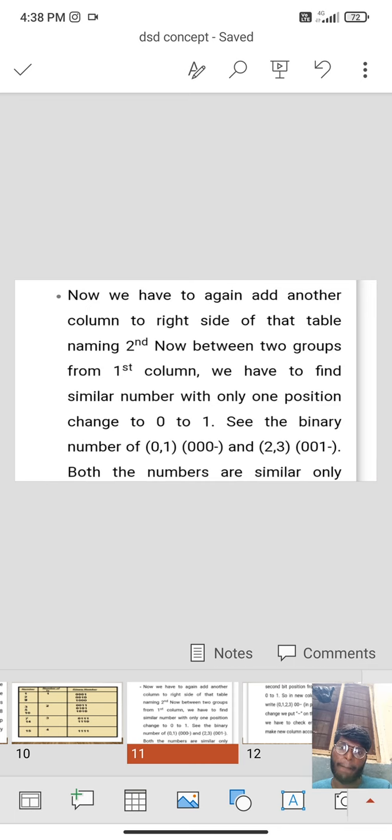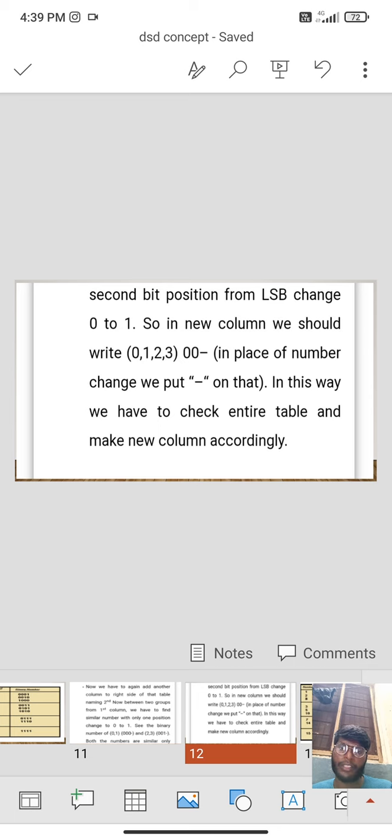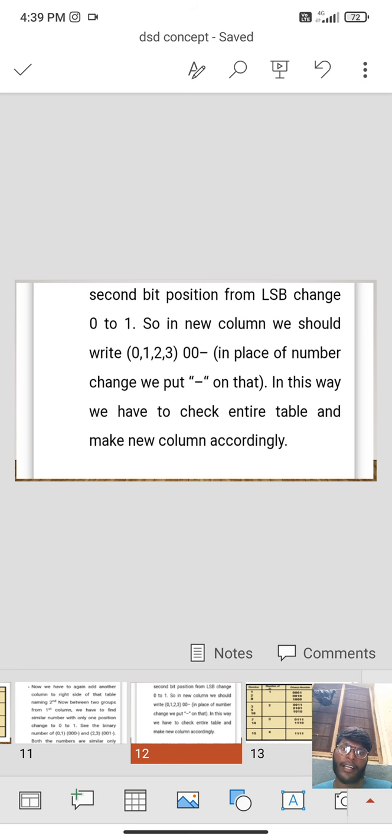See the binary numbers of 0, 0000, and 2 comma 3, 0001. Both numbers are similar, only the second bit position from LSB changes from 0 to 1. So in the new column we should write 0, 1, 2, 3, and in place of the changed position we put a hyphen. In this way we have to check the entire table and make the column accordingly.